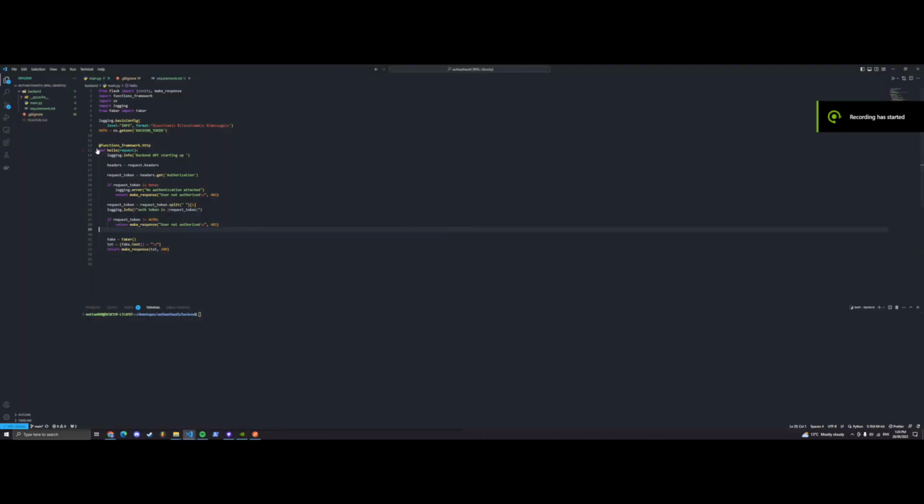Okay, so here we have the backend setup. So I'm just going to run through a couple of things. This is just using the functions framework for Python because we're going to be deploying this as a cloud function. And so I had some logging here to assist with visibility, I guess. And then we're going to get the authorization token. If there's none attached, we'll just return 403. And then if it is attached, we will extract the token from the header